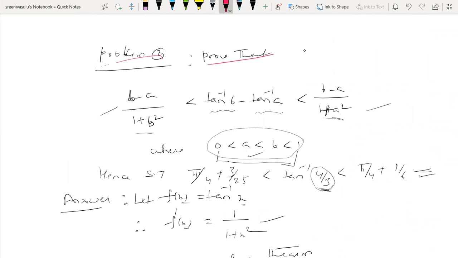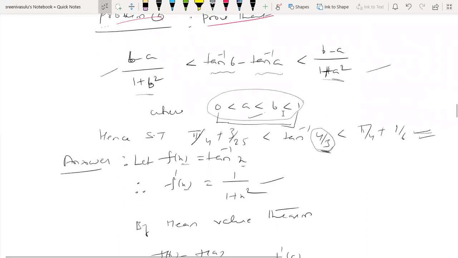(b minus a) by (1 plus b square) is less than (tan inverse b minus tan inverse a), which is less than (b minus a) by (1 plus a square), where 0 is less than a, which is strictly less than b, which is less than 1. That means the a, b values lie between 0 and 1, and a is strictly less than b. Also, hence deduce that, hence show that, after proving this inequality,